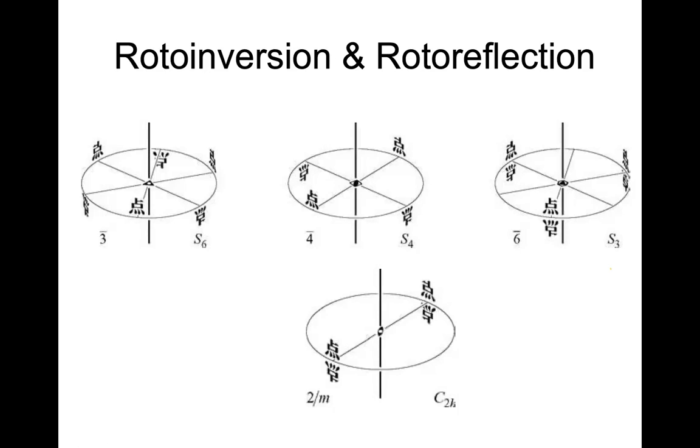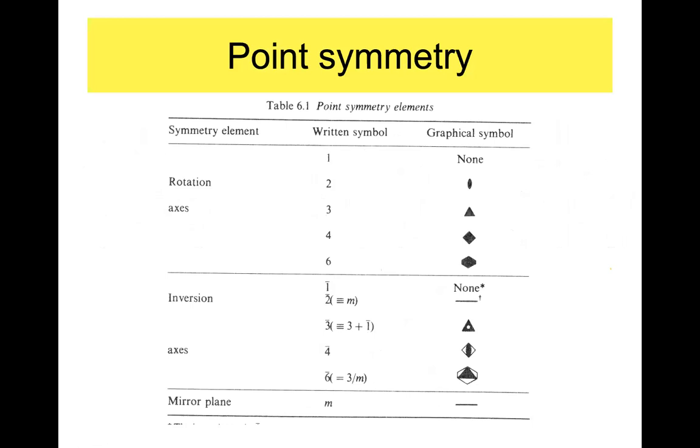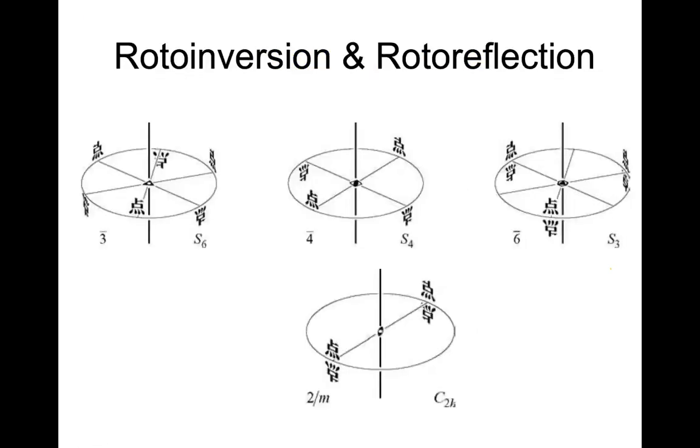Now 4 bar, similarly. Like this, 4 bar, just cursor, 4-fold rotation here, inversion, 4-fold rotation, inversion. So these two are related by 4 bar. Okay. Forget about Schoenflies rotation like this. We are not interested because we are dealing with crystallography. And 6 bar rotation: 6-fold rotation and then inversion. So like that you can generate it.